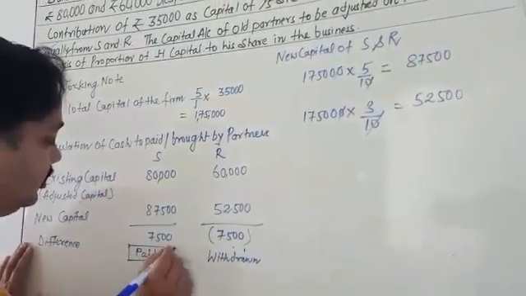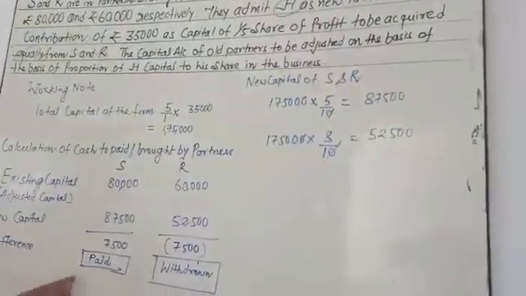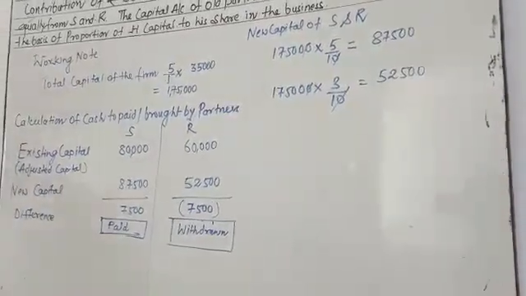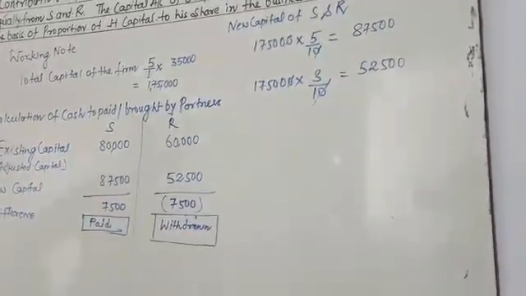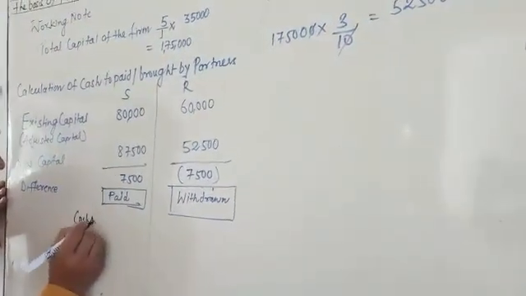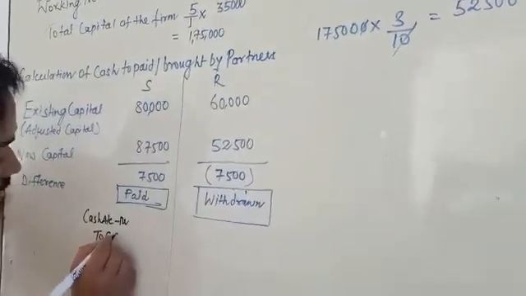For the payment entry, you have to pass a simple journal entry, my dear student. What is the simple entry for the payment? He is going to pay: cash account debit to S capital account,